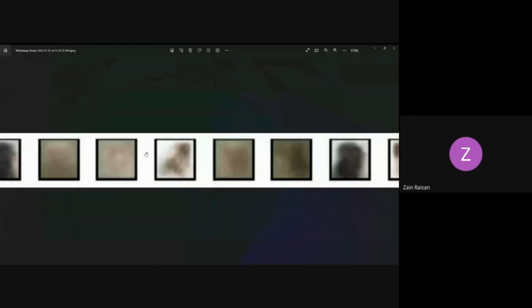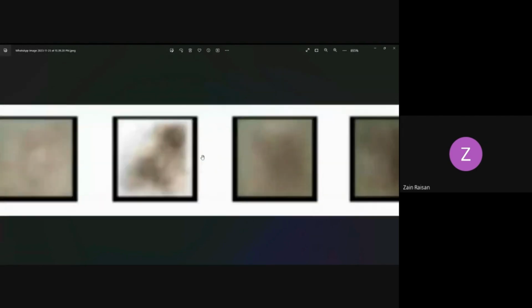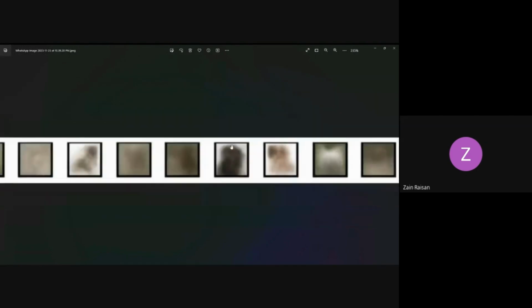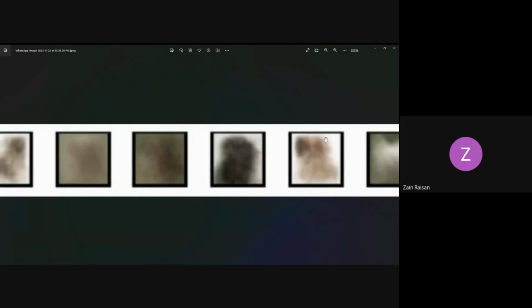You can see these images are the output. You can see the resolution is low quality. However, you can see the faces of dogs from here. For example, you can see here the ears, the eyes,